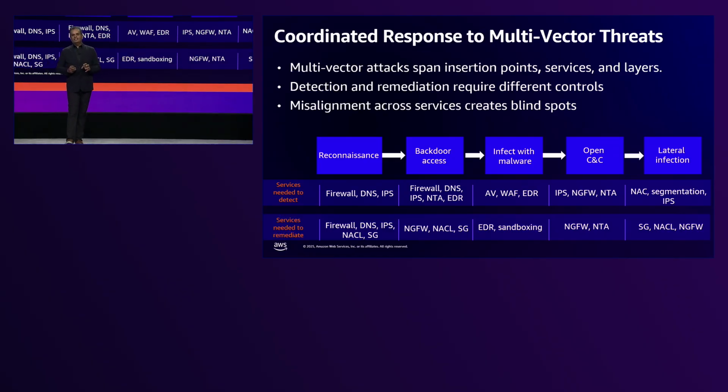And then lastly, the mitigation actions that I take to stop all of these things, these bad things, they're also diverse, and they're not necessarily the same services that are detecting them. So right now, I've got 21 different security vendors in my network. It's a hodgepodge, it's a mess, there's lack of coordination, and I'm in a bind in terms of trying to meet my audit objectives.